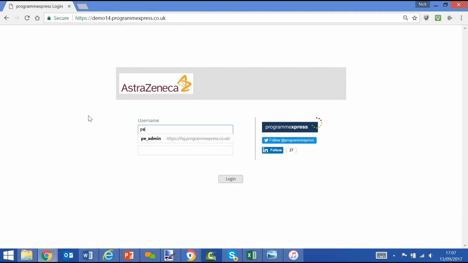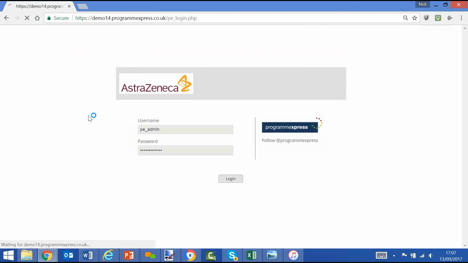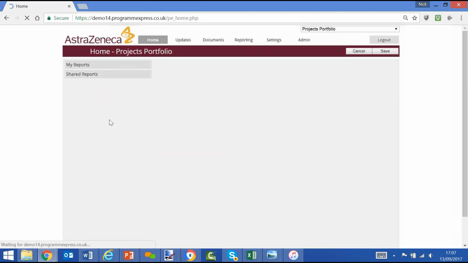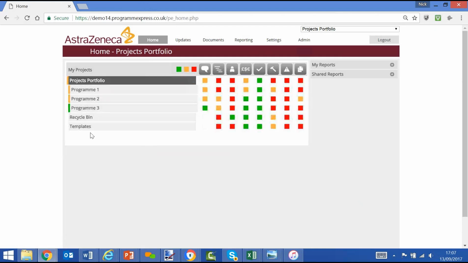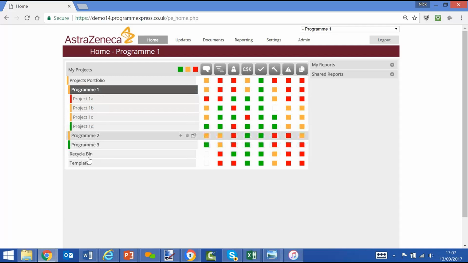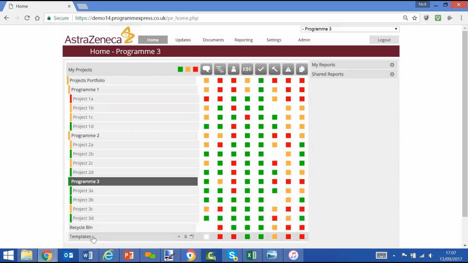So what we're going to do is log on as an administrator, and this will take us into our new home screen. And with an administrator view, we can open up all the projects sitting within the programs and portfolios, and for the administrator that will be everything. We can view the health in terms of red, amber, green of those projects broken down by their modules. The modules are all shown as icons now